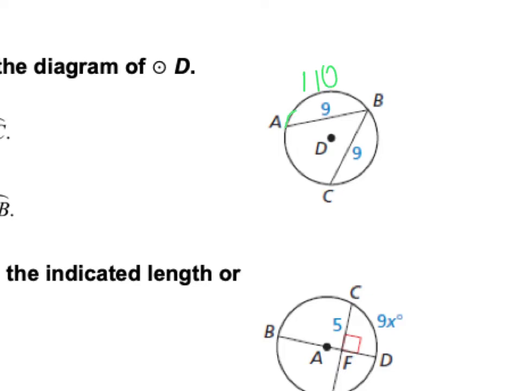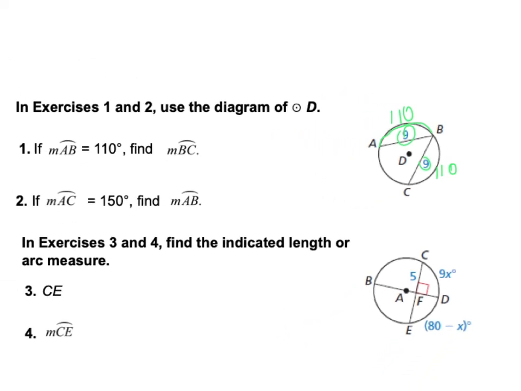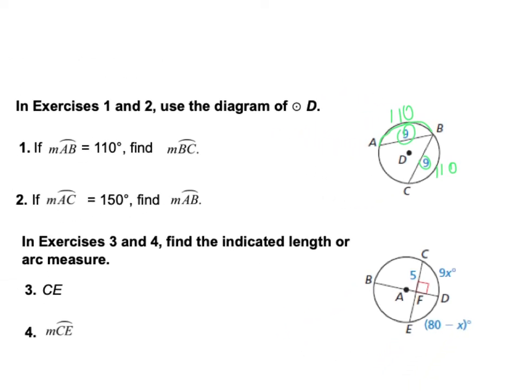Okay, and I know that those chords on the inside are congruent. This is 9 and this is 9, which tells me that arc BC is also going to be 110 degrees. And it wants us to find the measure of arc BC. Well, I just figured that out for us, right? So the measure of arc BC, since those chords are the same, arc BC is also going to be 110